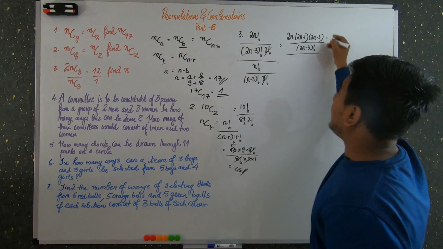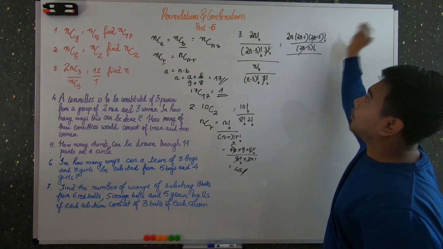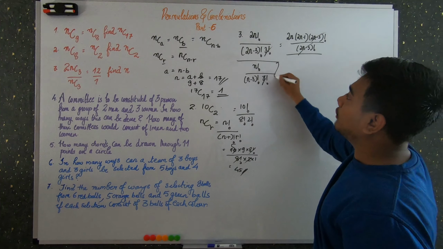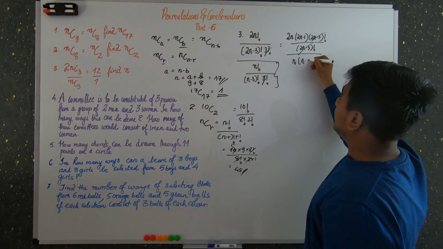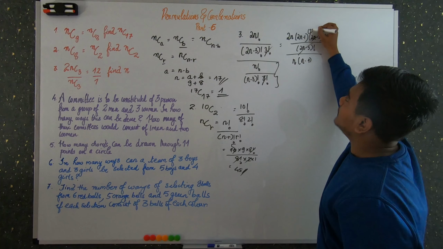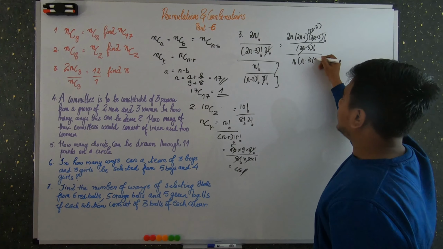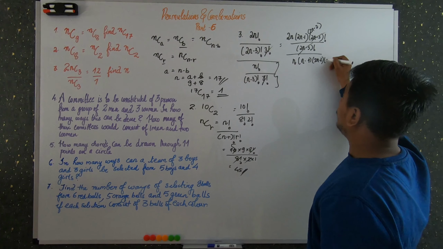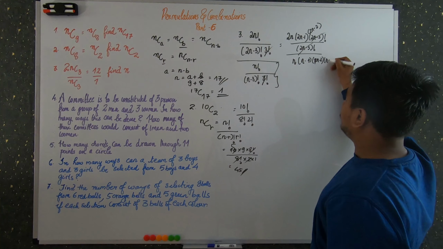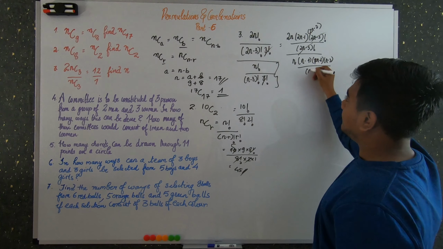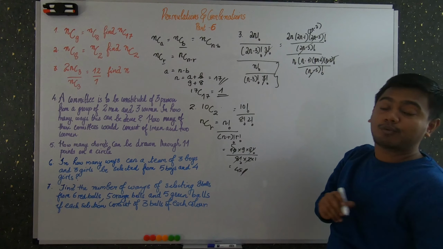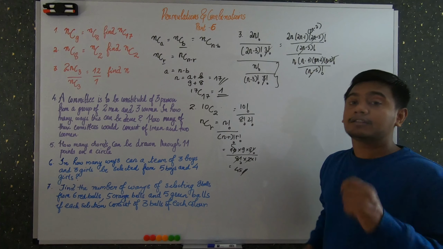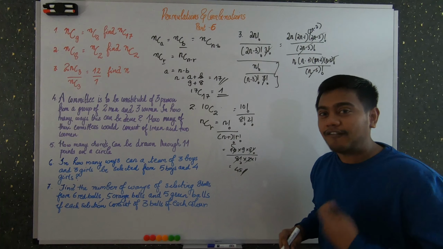So now, why am I writing all this? So that I can just cancel both these terms. Similarly I am doing it here also. So what happens? n into n minus 1, oh, I missed a term, 2n minus 2, I missed it in between. So n into n minus 1 into n minus 2 into n minus 3 factorial. Again, similarly I can cancel all this. Why am I doing this? I'm just simplifying so that I can easily find the value of n.